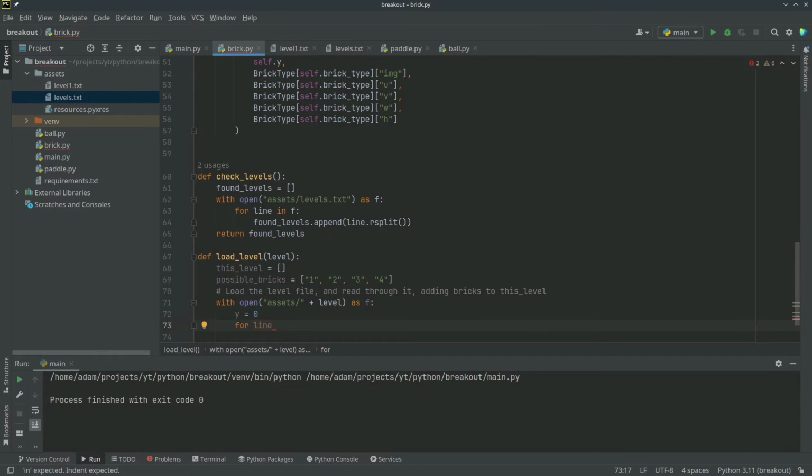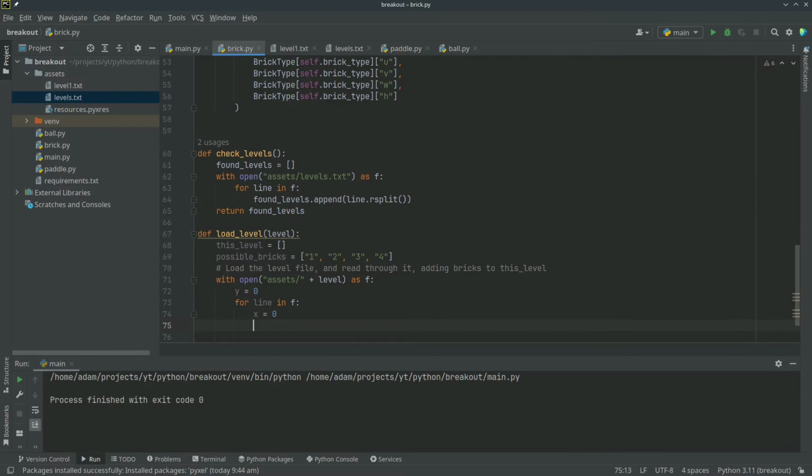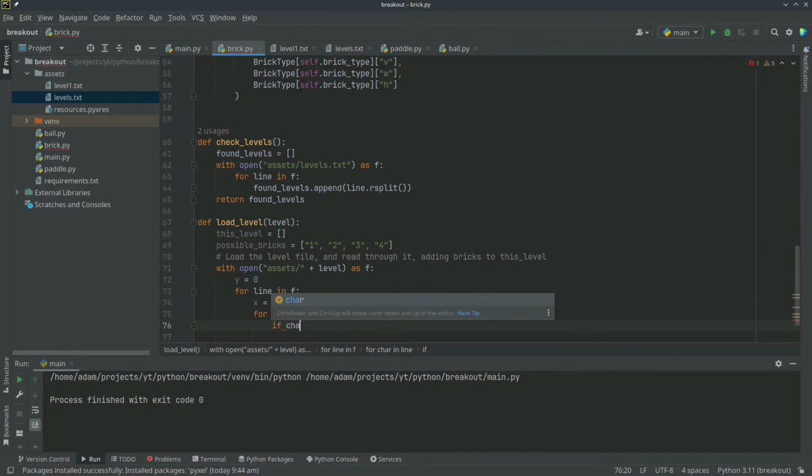Because we're reading from top to bottom, left to right, the y coordinate is each row as we go down the file, and the x coordinate is each character as we go across the line. So for line in f, we're going to set x to 0 as well. So for character in line, we're going to go through every character in the line. If character in possible bricks,